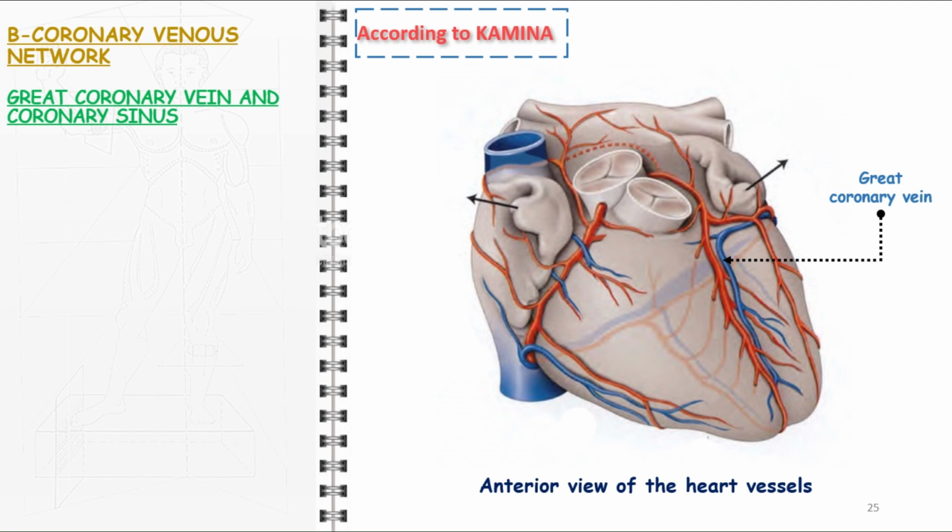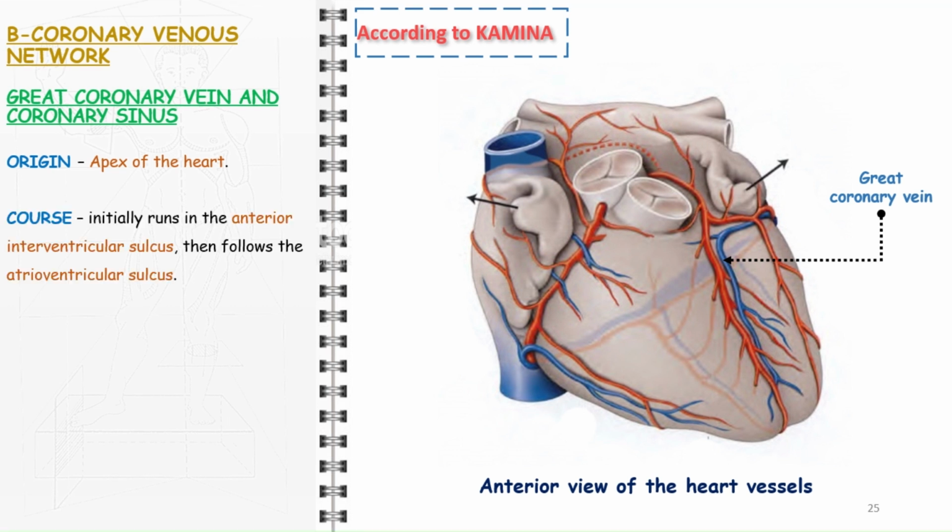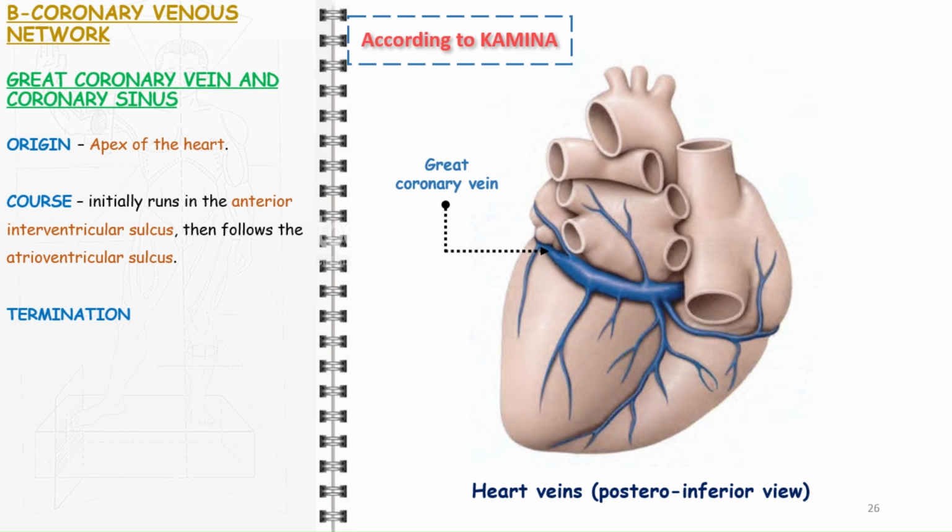The great coronary vein begins at the apex of the heart. It runs along the anterior interventricular sulcus up to its upper end. It then curves to the left and enters the atrioventricular sulcus, traveling along this sulcus until it reaches the area near the inferior surface of the right atrium, where it terminates. At its termination, the great coronary vein suddenly increases in caliber. This terminal venous conduit, dilated and 3 cm in length, is called the coronary sinus.